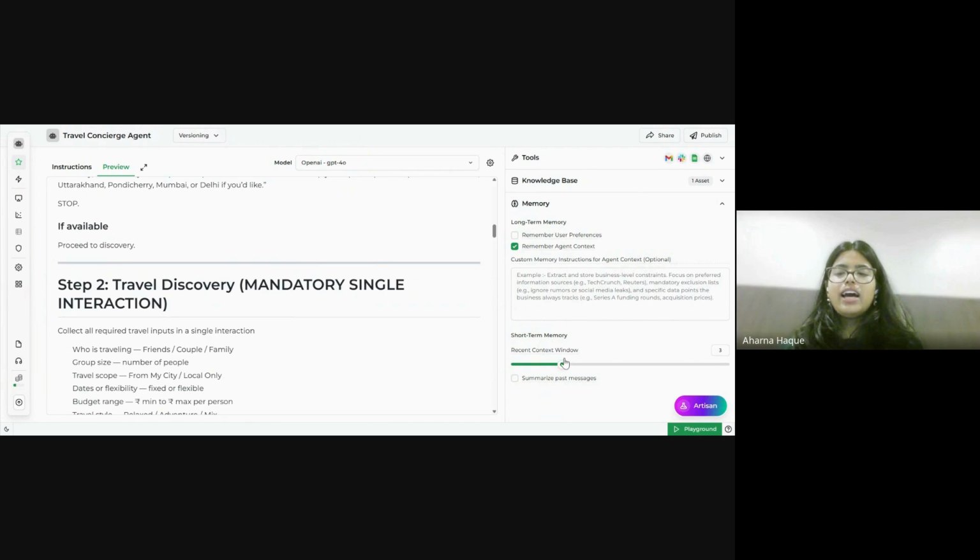So for that there's the context window, so you can just increase your context window, but that again leads to a lot of token consumption. So there's a quick way around that. You can just click on summarize past messages, so that will result in all of the responses being condensed into a quick summary, which the agent can